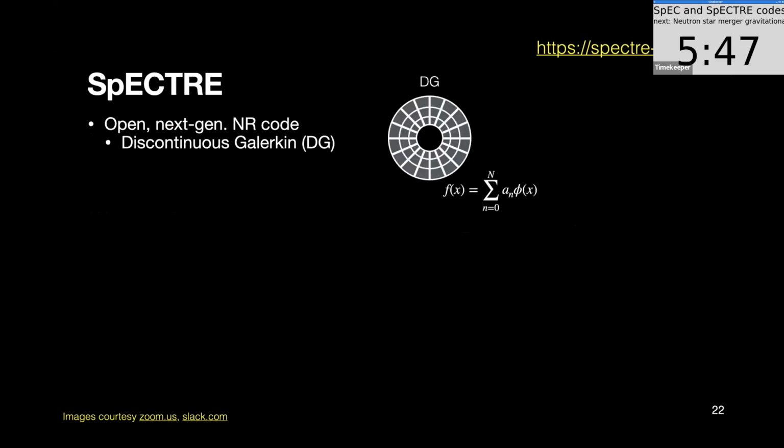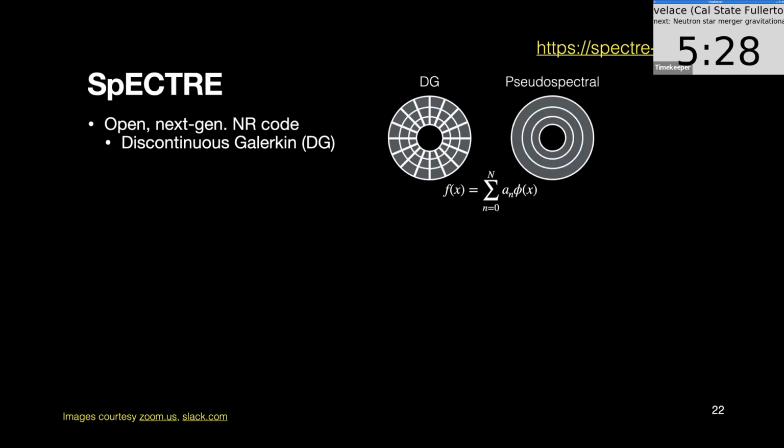So how does SpECTRE work? Well, it's an open source code, unlike SpEC. It's a next generation code. One novel technique for numerical relativity that it uses is the discontinuous Galerkin method. I want to give you a feel for how that works. In a discontinuous Galerkin, you can divide up the space you want to model into a bunch of cells and expand everything in terms of series expansions of basis functions. I call it phi instead of b like on the earlier slide, but this is the same idea as spectral methods. Heuristically, I mean, there's some technical differences like the fluxes between the cells, but heuristically, spectral methods tend to